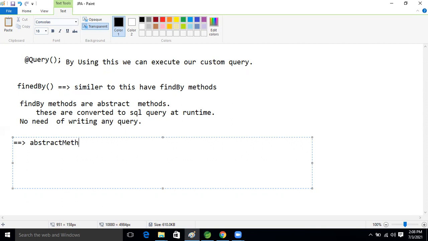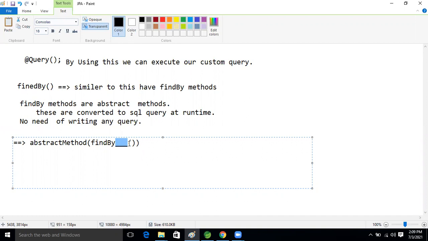Based on the data type we take, find by is fixed. After that comes the entity class: whichever variable we take in the entity class, based on that variable we will perform the operation.